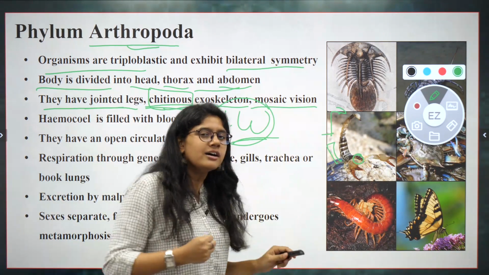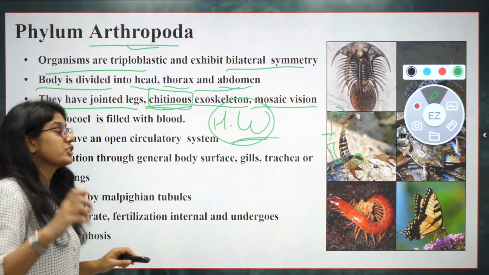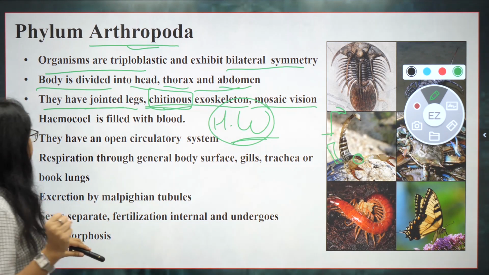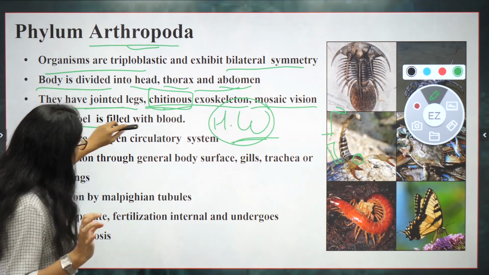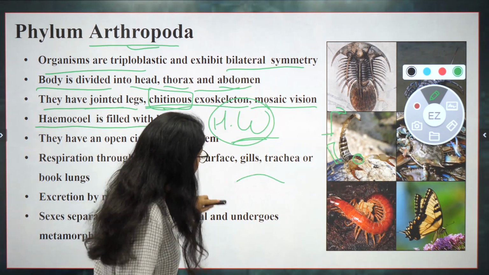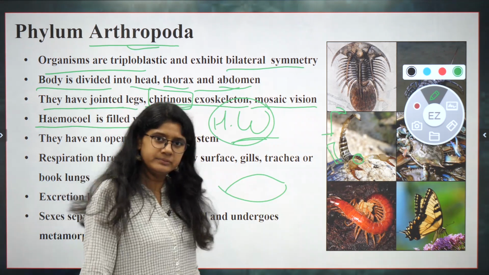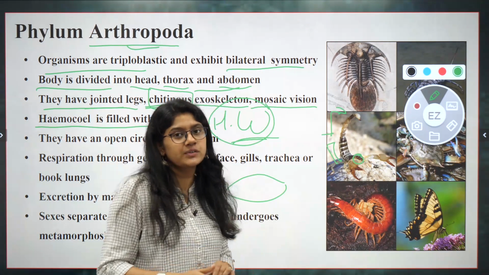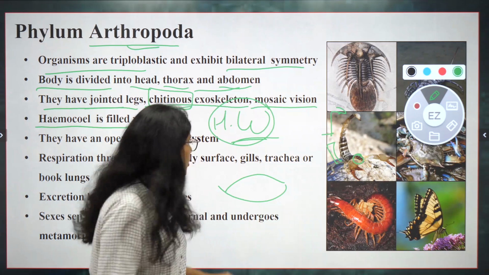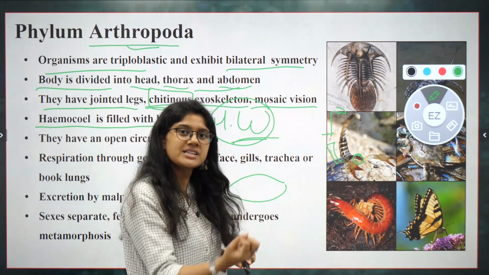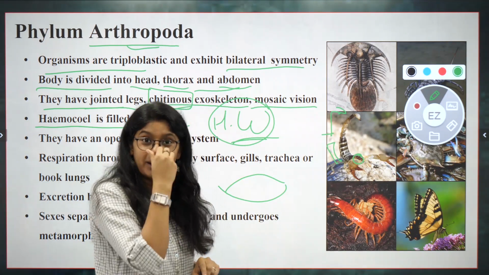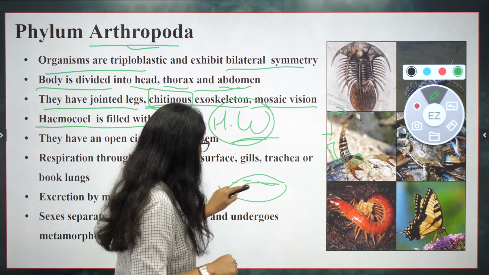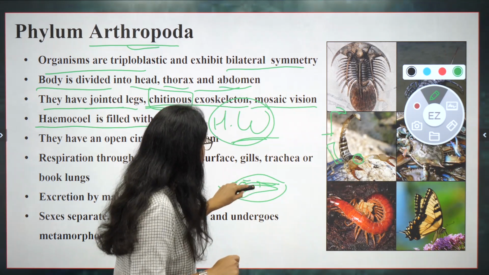They have a normal vision. They can actually see. Okay? Their body is filled with blood. Now, we have blood vessels, right, everyone? We have blood vessels in which the blood actually transfers. But in the body of the Arthropoda, the organs are submerged in the blood. So blood is there, and over here the organs are there.